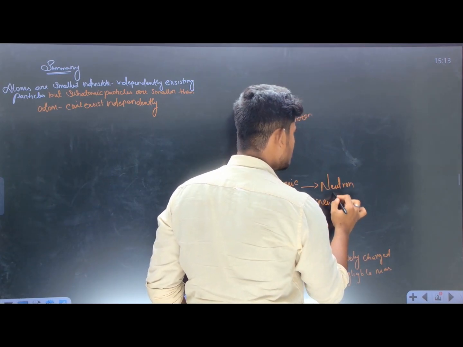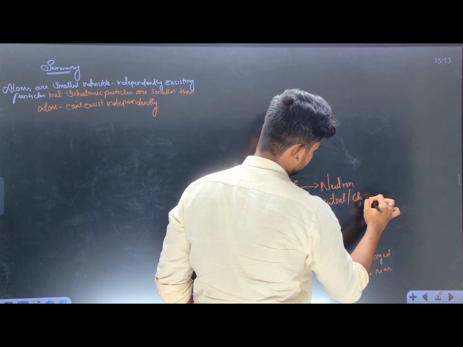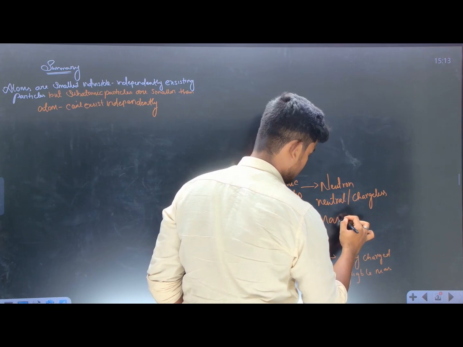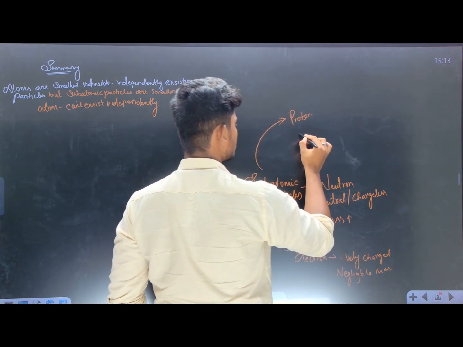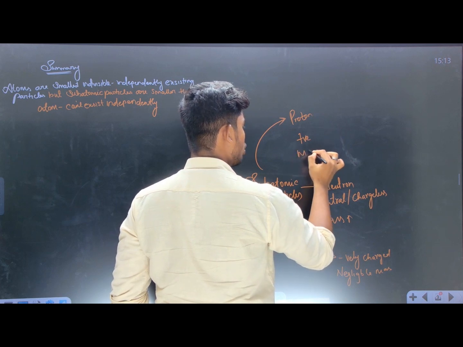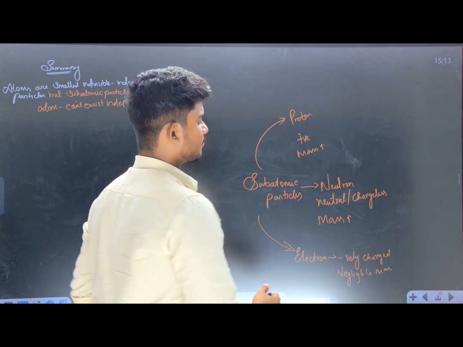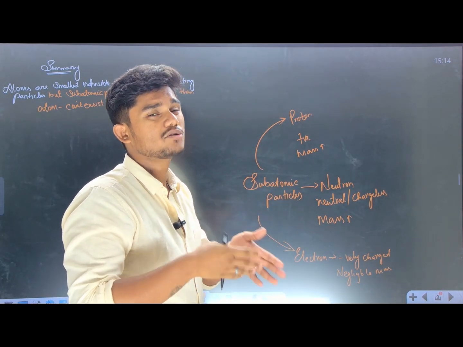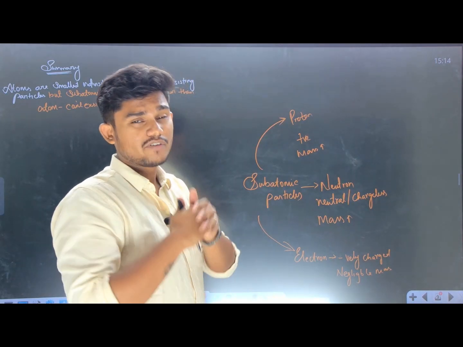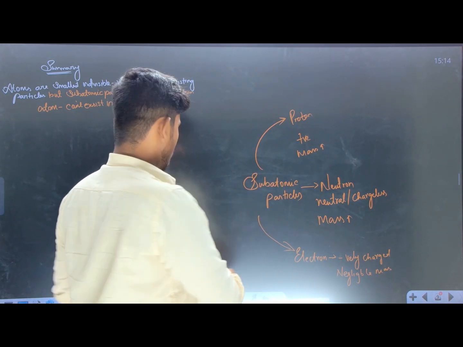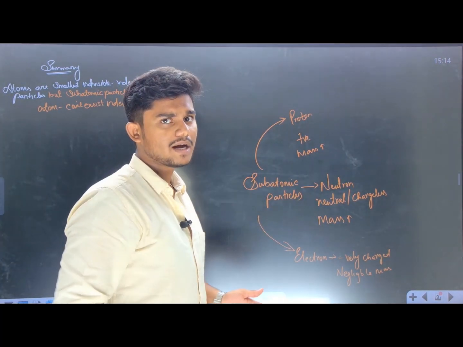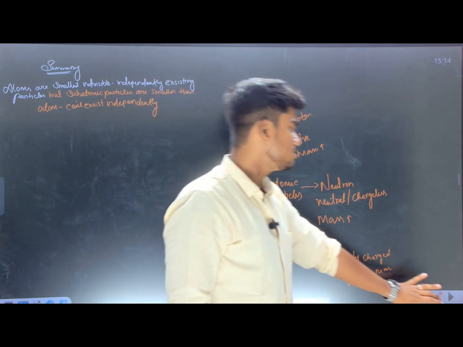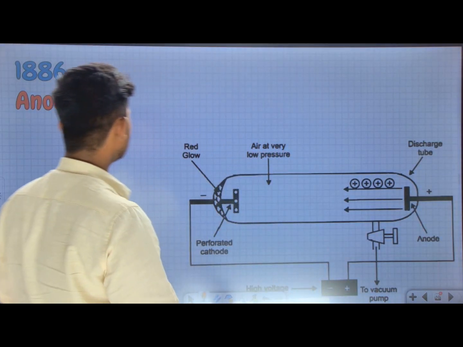Neutrons are neutral or chargeless, and they have mass. Protons are positively charged and they also have mass. That's all we know, as in our previous chapter, atoms and molecules, where we also studied what charge and mass they have. But for now, let's conclude the topic of subatomic particles here and get into the discovery of subatomic particles one by one. Coming to the very first